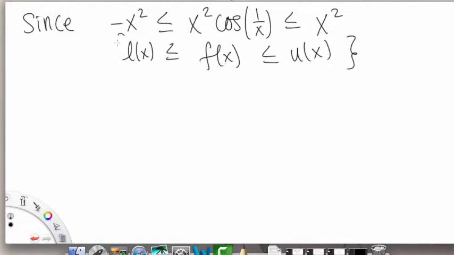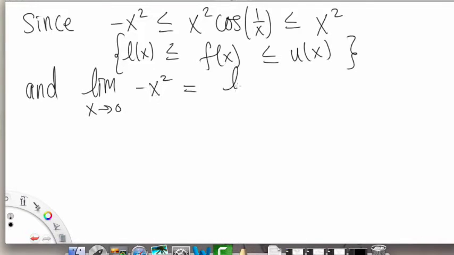This was optional, I was just writing that for our reference. And since the limit as x approaches 0 of our L of x, our negative x squared, is equal to the limit as x approaches 0 of our u of x, which was a positive x squared, and this equals 0, then by the squeeze theorem,